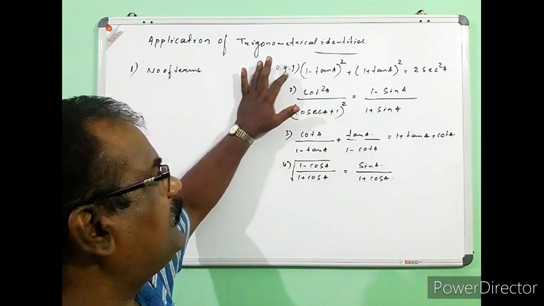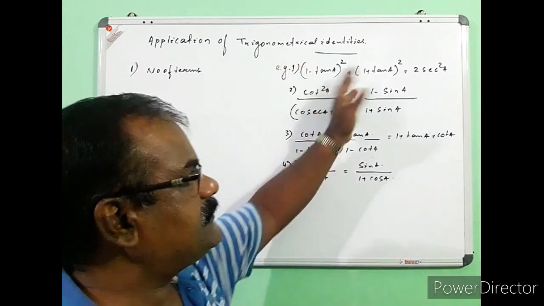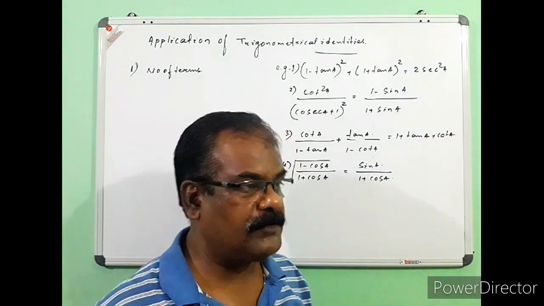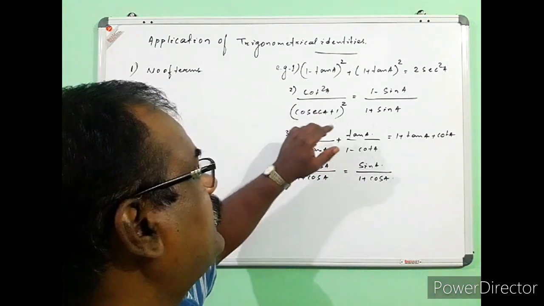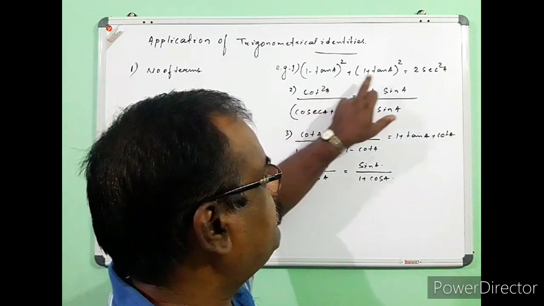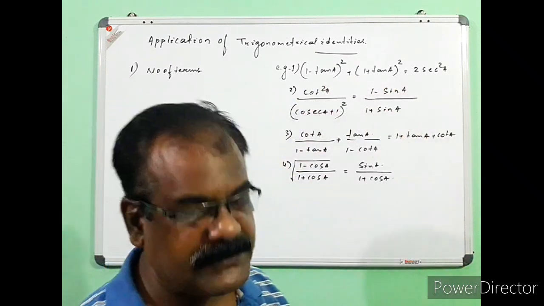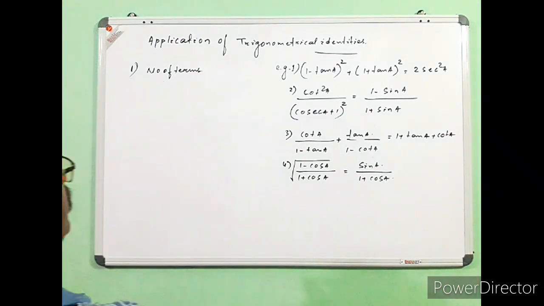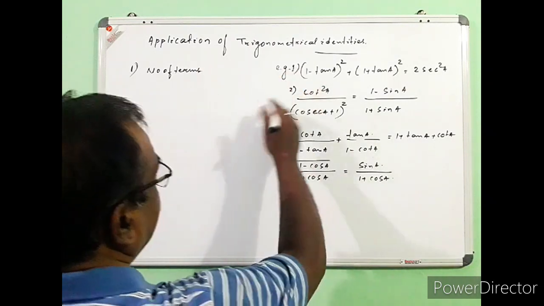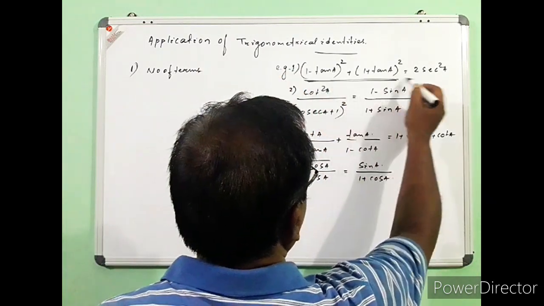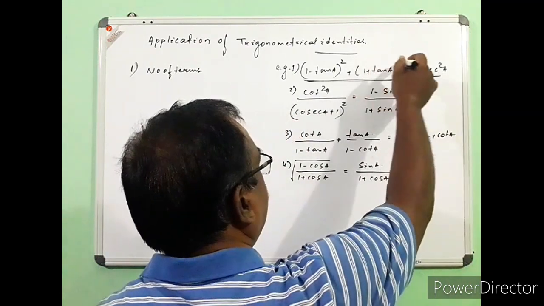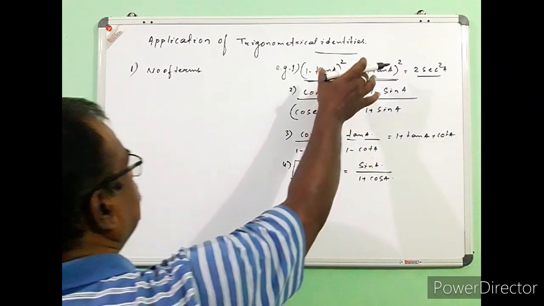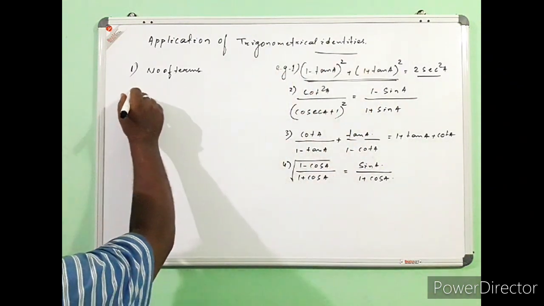In example number 1, you can split either the left hand side or the right hand side and prove the other one. But in my opinion, it would be better and easier if we go for the LHS and prove the RHS. Now how will we prove this one? First of all, we have decided that there are 2 terms here and only 1 term here, and the degree of the polynomial in both cases remains the same. That is why we have selected the LHS to split.